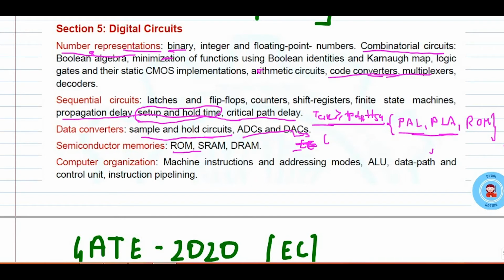Then there is semiconductor memory, and you should study this SRAM or a DRAM or a ROM, whatever you say. Very important. ROM will be again PROM, then EEPROM, and the basic structure of ROM. ROM is used for two purposes. This is very explicitly written in the book of Morris Mano also. So you should study this.